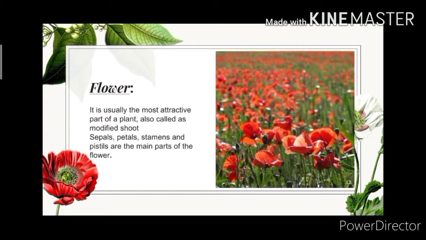If we talk about the flower, it basically consists of four whorls. The spelling of whorls is W-H-O-R-L-S. First is sepal, second is petals, third is stamen, and fourth is pistil. These are four whorls. Whorls means covering. So a complete flower will have a sepal, petal, stamen, and pistil. And when I teach you about what are sepal, petals, stamen, and pistil, this will be very clear to you all.